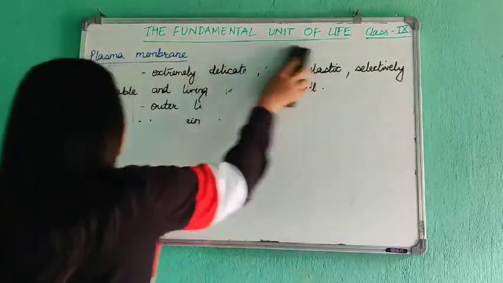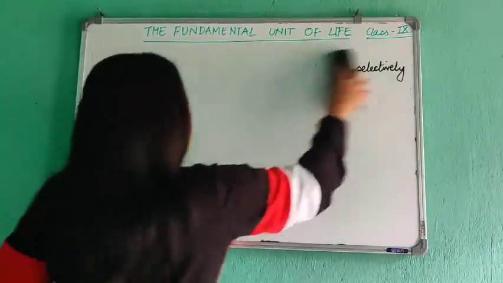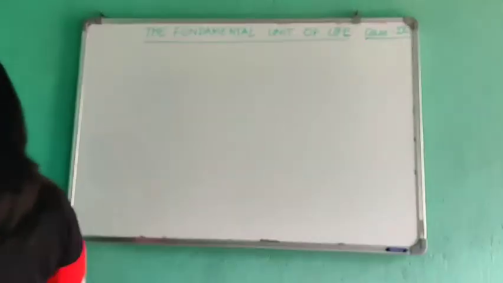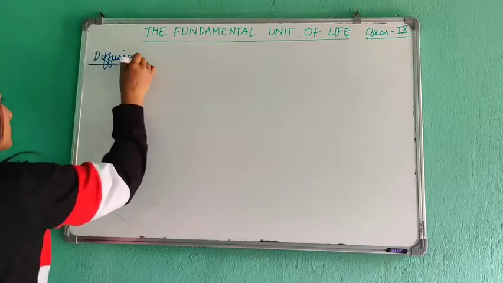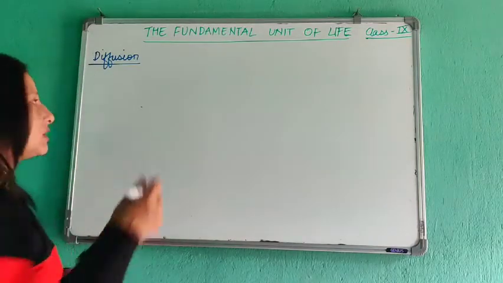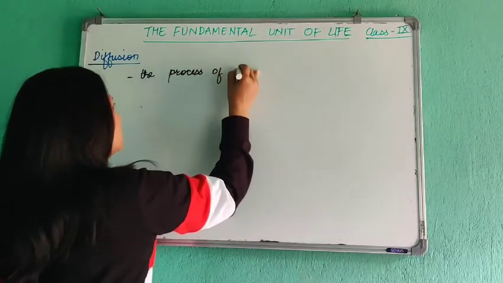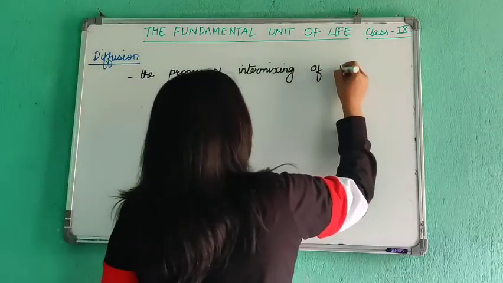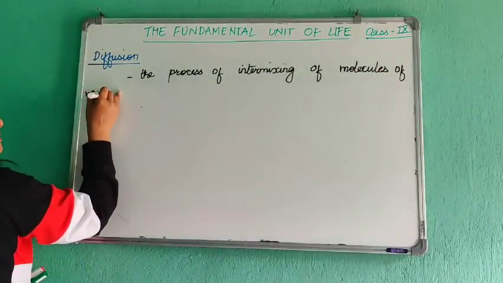in chemistry also in the first chapter. Let us revise, let us recapitulate what is meant by diffusion. Okay, so let us understand what is diffusion. Okay. Definition of diffusion: the process of intermixing of molecules of various substances